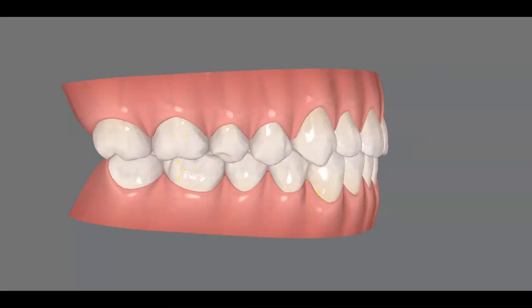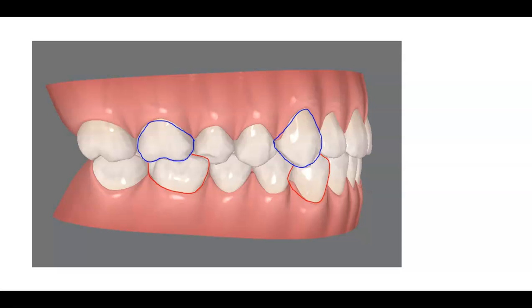Now, if we go to numbering these teeth, we will see that this is 6 and 27, that's the two canine teeth, and this is 3 and 30. So we're basically looking at the first molars and the two canine teeth on one side of a person's mouth. So now if we were to outline these two top teeth blue and the bottom two teeth red, we would see that the molars, that the upper teeth are half